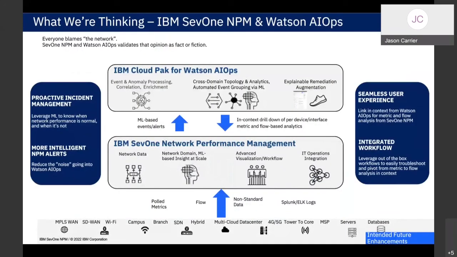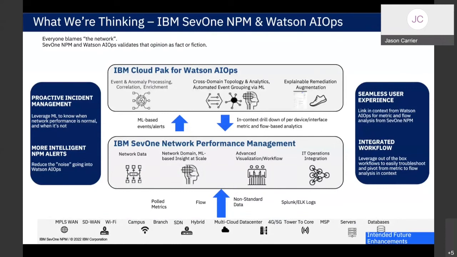Great. For those who aren't familiar with what Watson is, the IBM Cloud Pak for Watson AIOps is a full stack ITOM tool that lets you integrate the data from lots of different services and products. So Instana and Turbonomic and now SevOne, as well as Splunk and a whole host of others, and then do intelligent correlation.